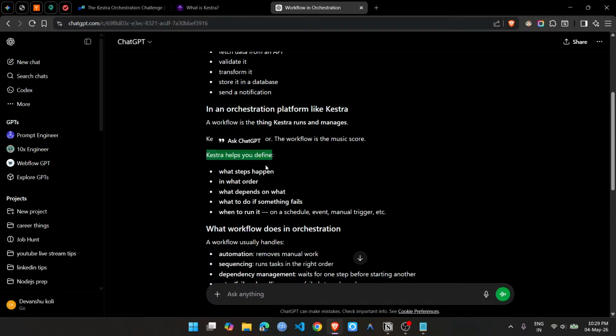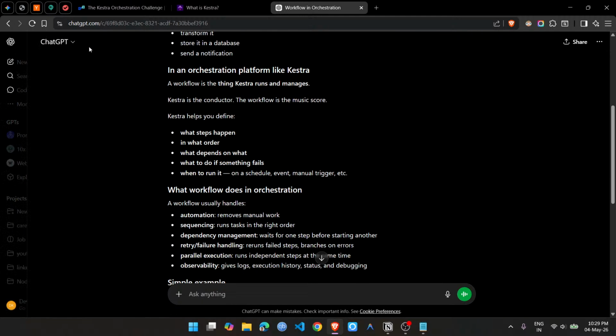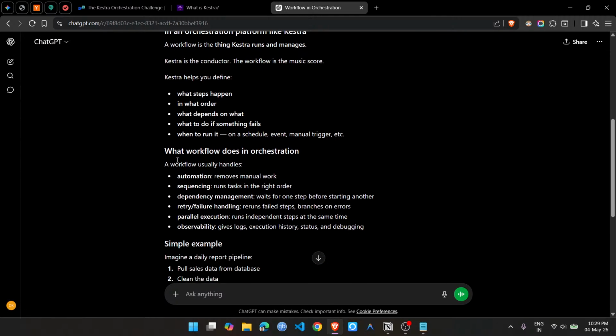Kestra helps you define what steps happen in what order, what depends on what, what to do if something fails, when to run it, or trigger it manually, etc. What does a workflow do in orchestration? A workflow usually handles automation, like removing manual work,